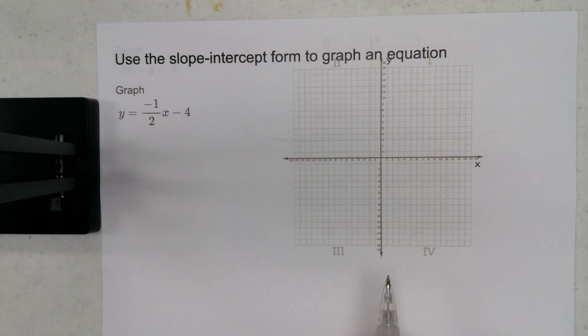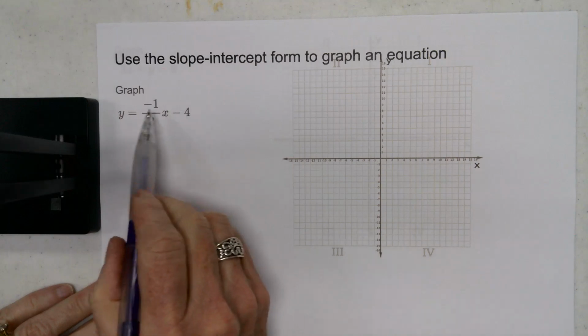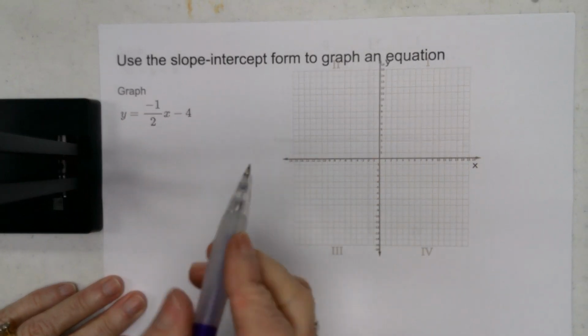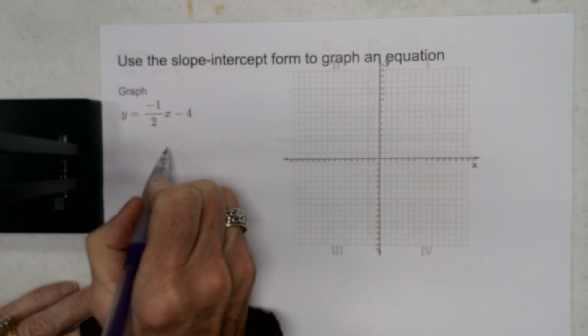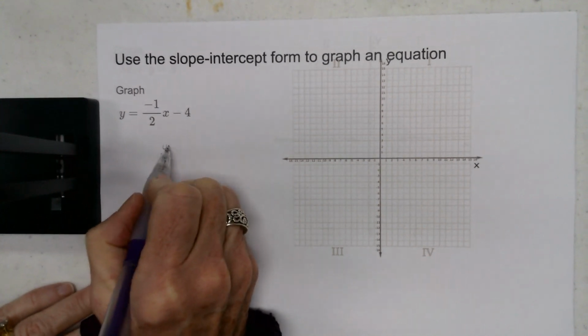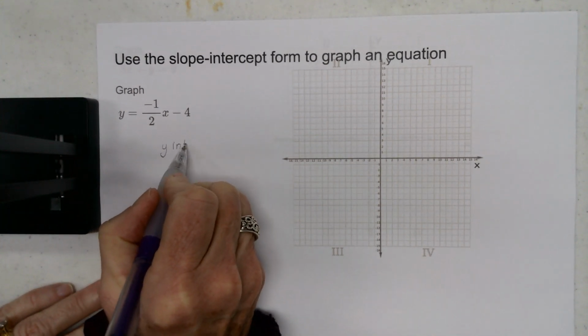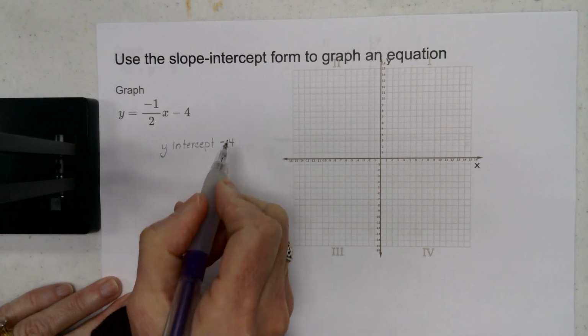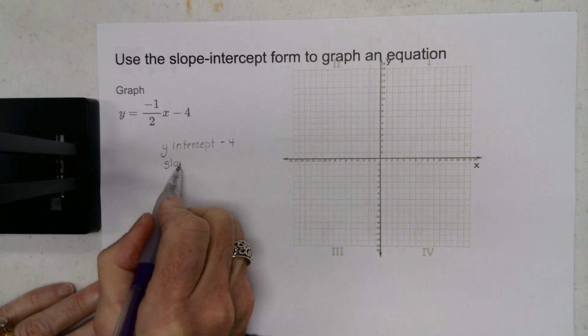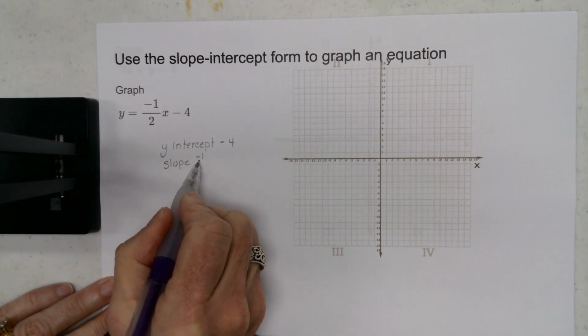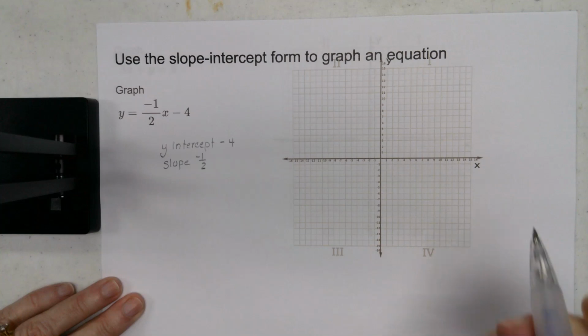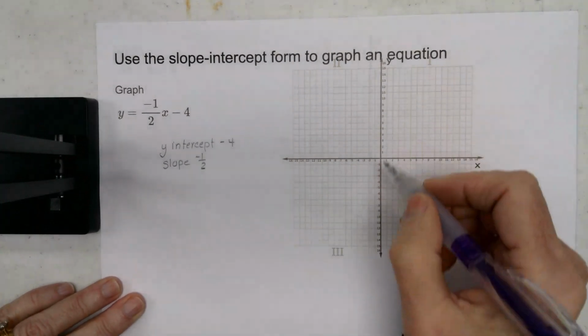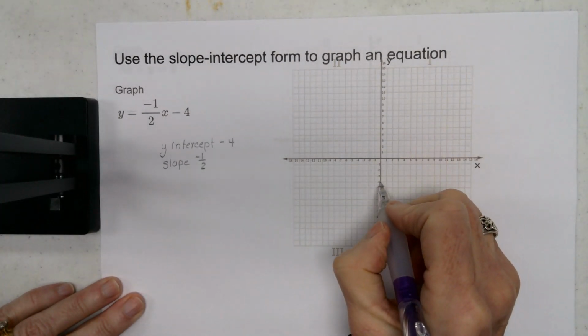Like I said, no longer do we have to do a table or find the x and the y-intercept. But we can look at this equation, which is already in y equals mx plus b form. So I know the y-intercept is -4, and I know the slope is -1/2. So the very first thing I do is I find where on the y-axis I have a -4,